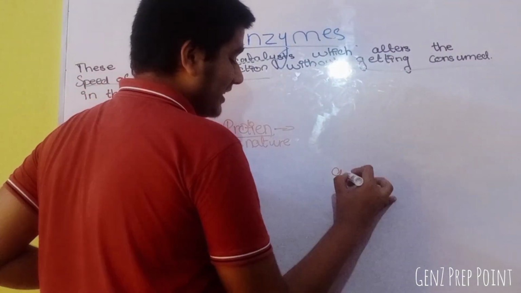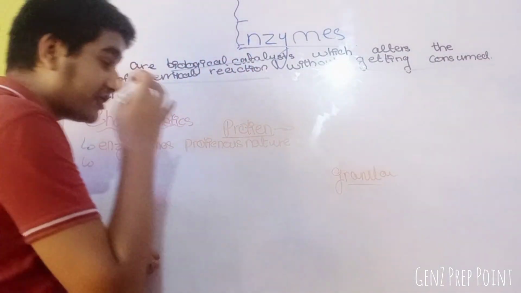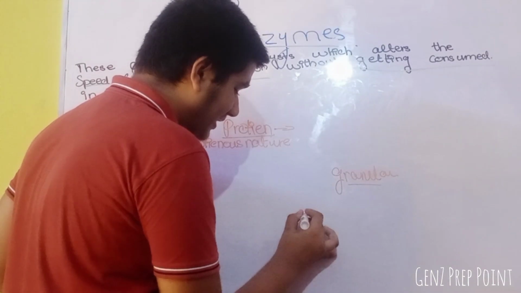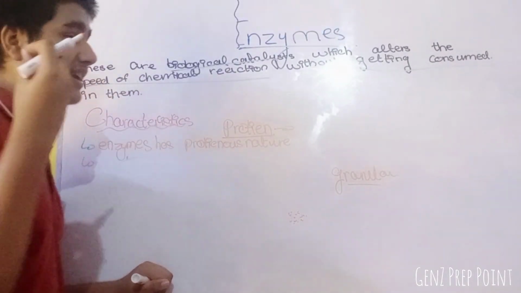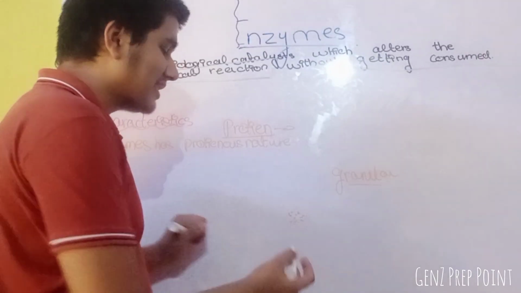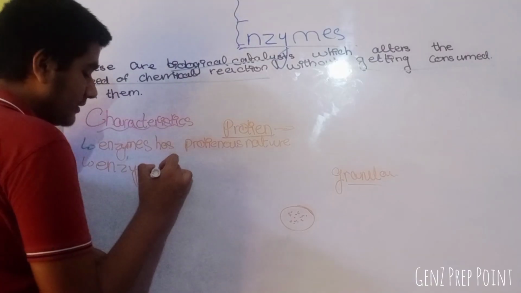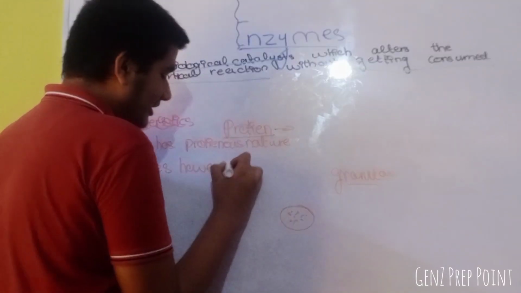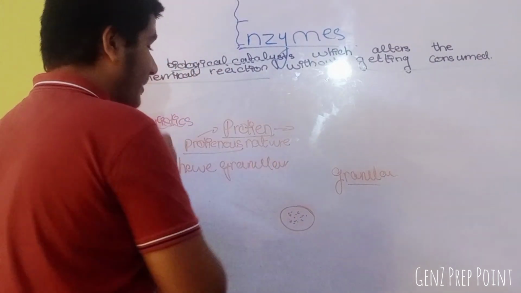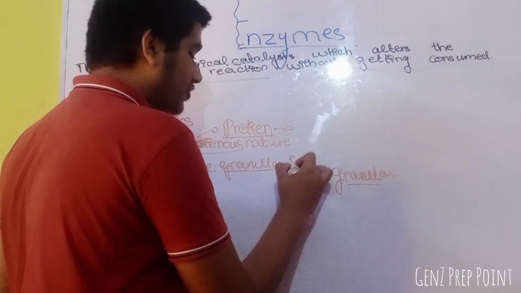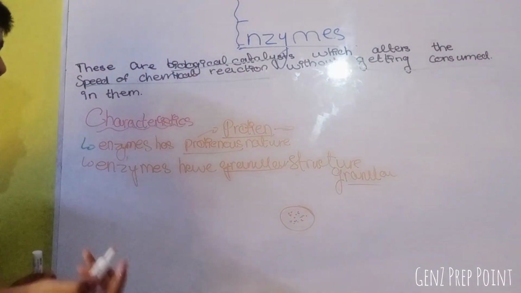So we will say they have granular structure. Why do we say they have granular structure when they don't have a proper structure? If we look under a microscope, these are enzymes. They look like small grains, like wheat grains, rice grains, salt grains, sugar grains. So scientists say enzymes have granular structure. So do you understand why they are proteinous in nature? Because they are made of protein. They are called granular structure because they look like grains under a microscope, because they don't have a proper structure.